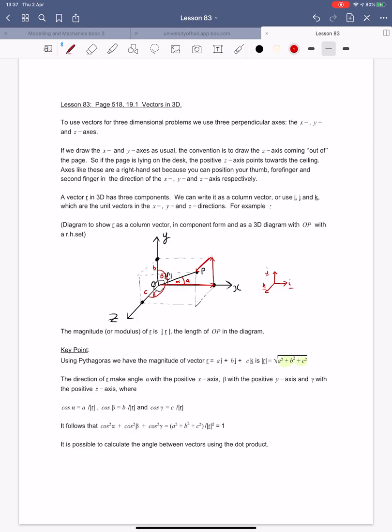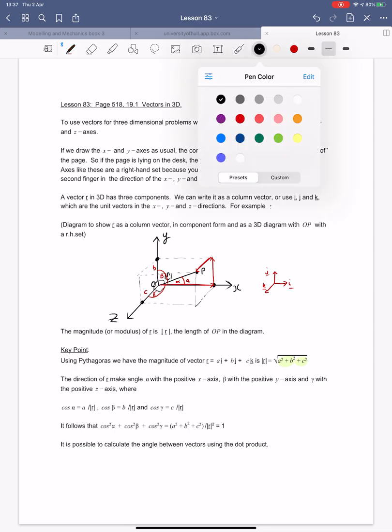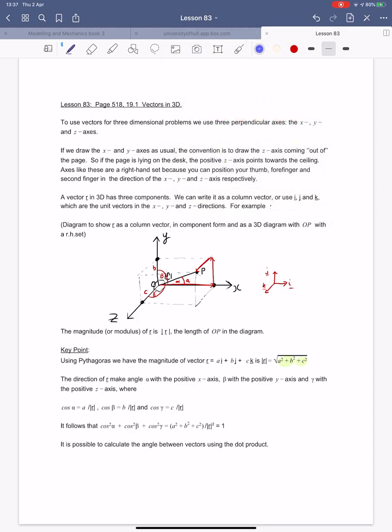Just thinking about how to show that with a diagram. I'll do a new colour. It's a bit hard to see this in 3D. Let's go for blue. I haven't used blue yet. So if we do this line here, where the right angle is